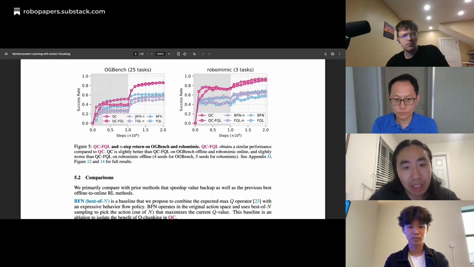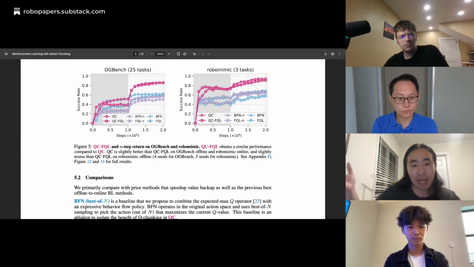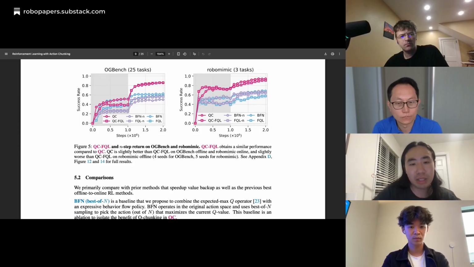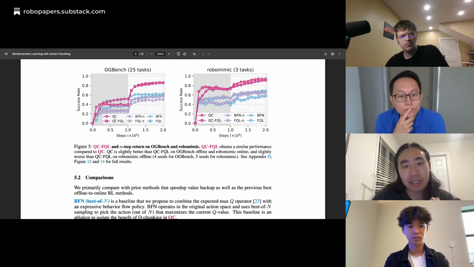So something that we try to ablate here is: what if we do the same n-step backup, backing up the value n steps ahead, without really using the chunk policy or the chunk critic? This is where we see that without the chunk critic, the n-step return baseline really doesn't work well in a lot of tasks.